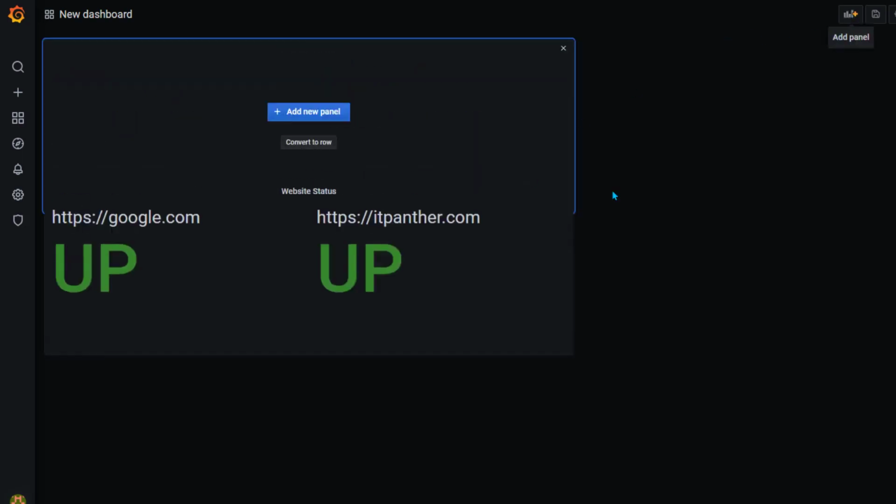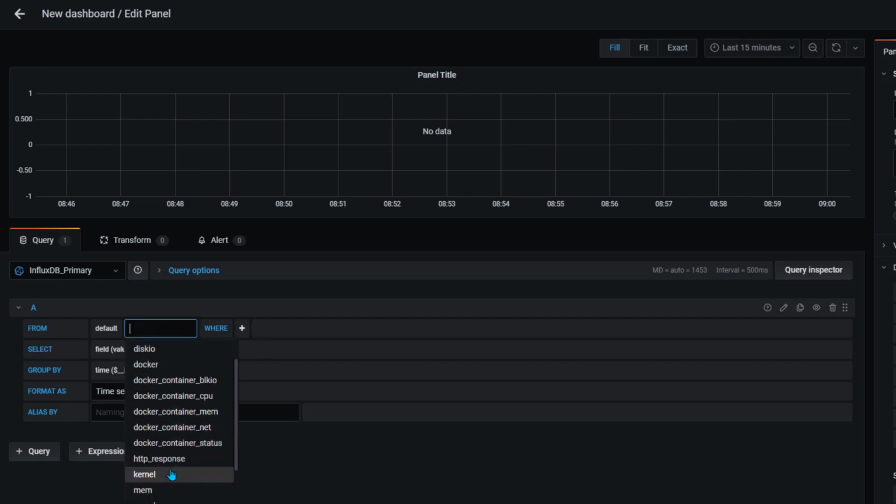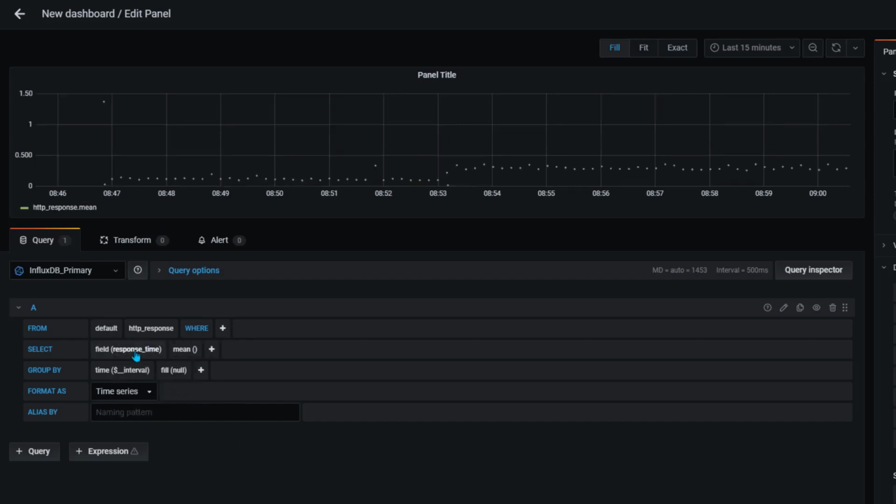And I'm gonna create one more panel here and quickly go to add new panel, and in the measurement I'm gonna select HTTP response, and in the field value, let's say I'm going to select response time. So I want to know what was the response time for accessing this website, because we don't only want to monitor whether a website is up or not, we also want to monitor whether it is responding properly or within a certain threshold. Okay, so in this case this one is going to be useful, and also we need to get rid of mean. Let's change it to last,